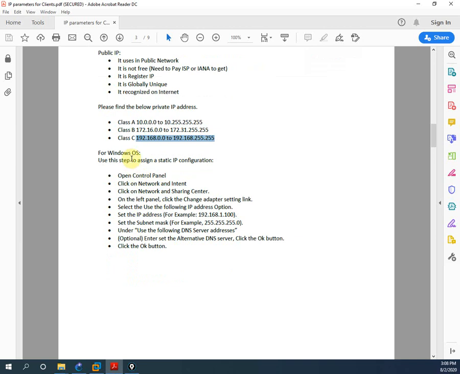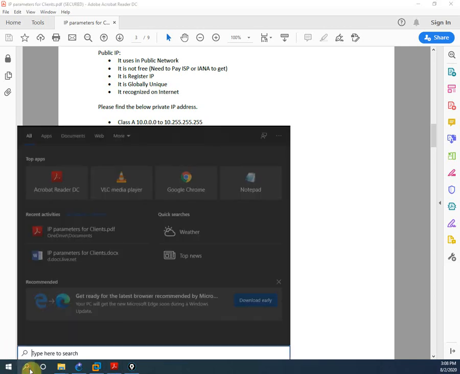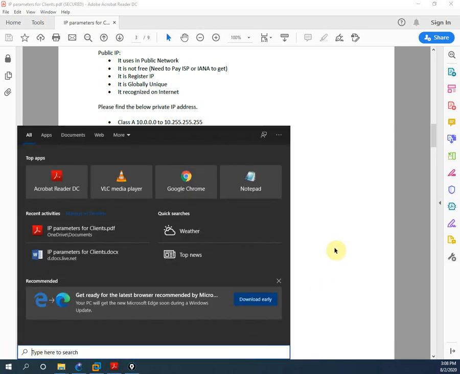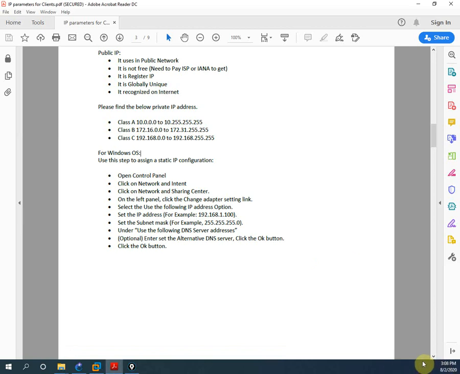And now we will see our main topic for OS. So we need to look at how we can assign the IP address. We have different methods to assign the IP address. You can go to the command prompt, or you can go to the network place and go to the network adapter, or you have one command also.